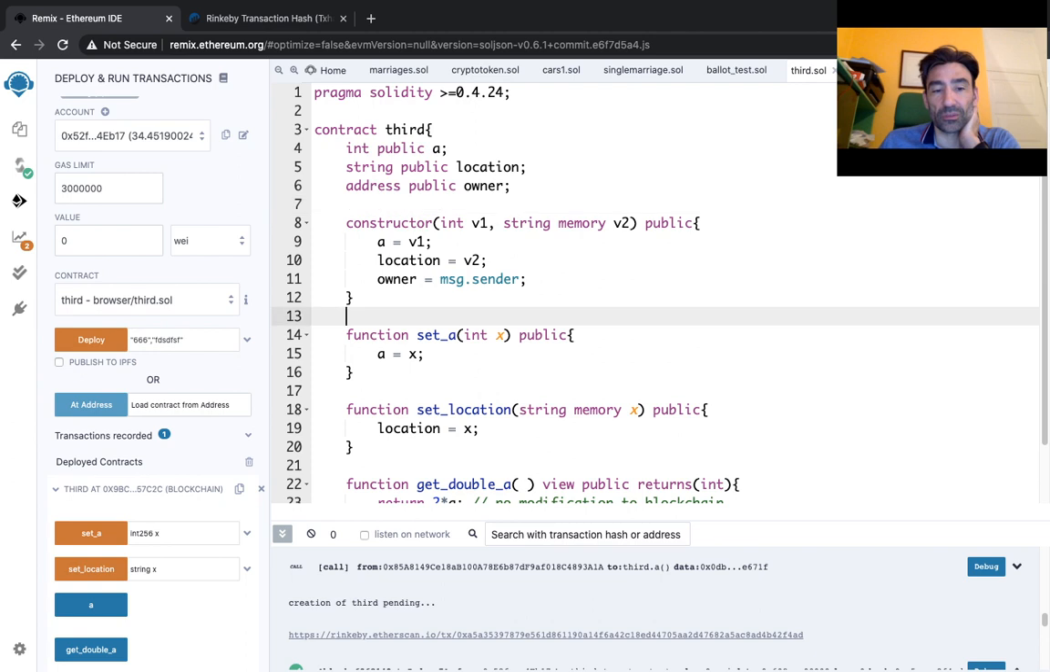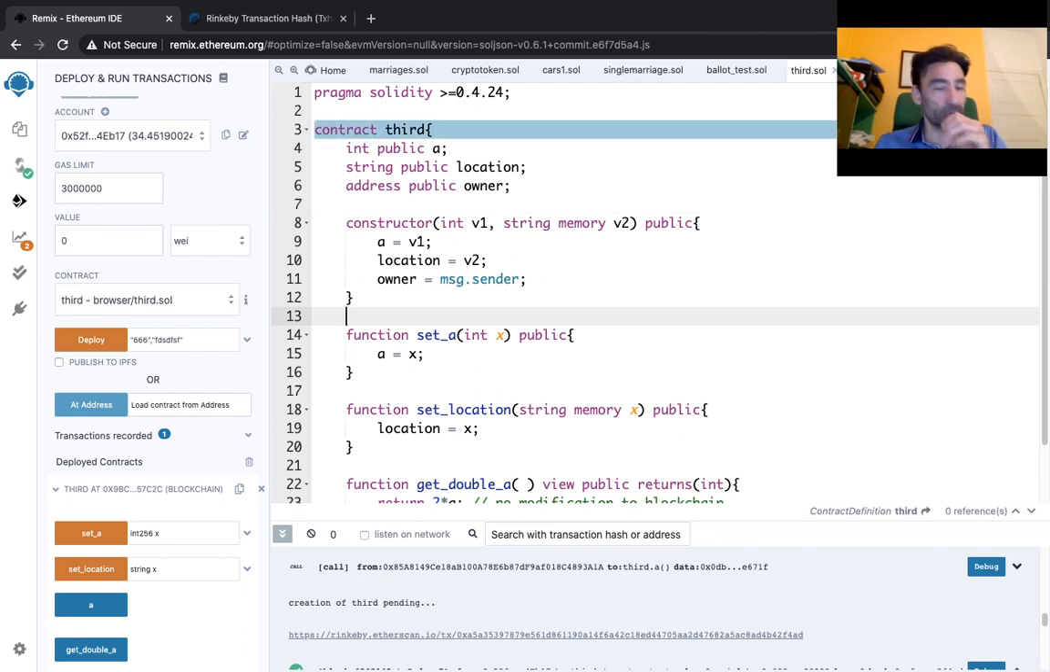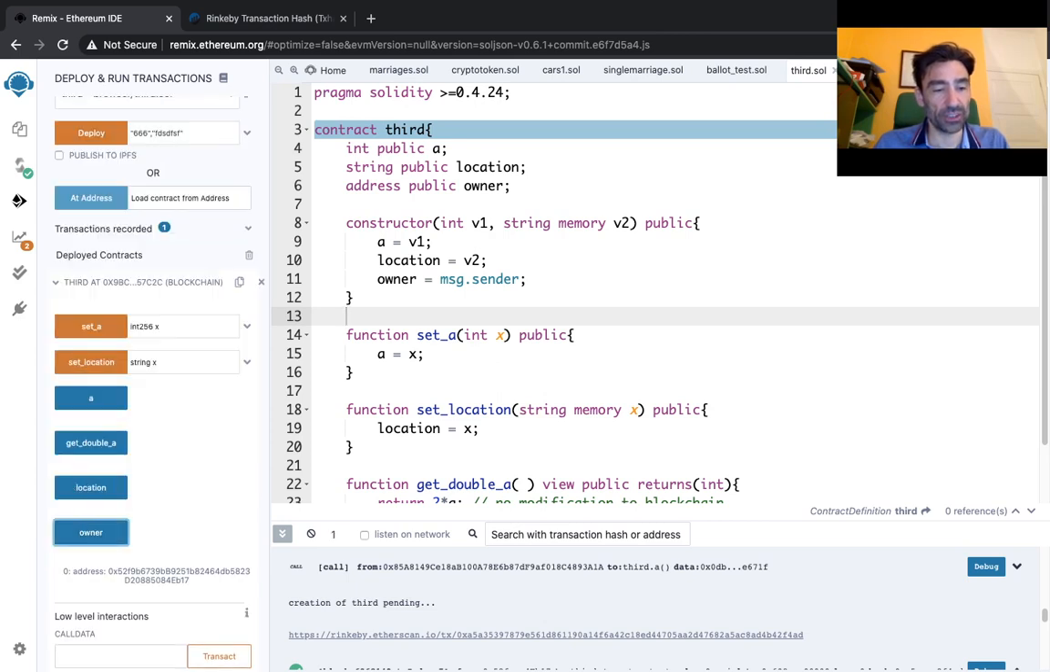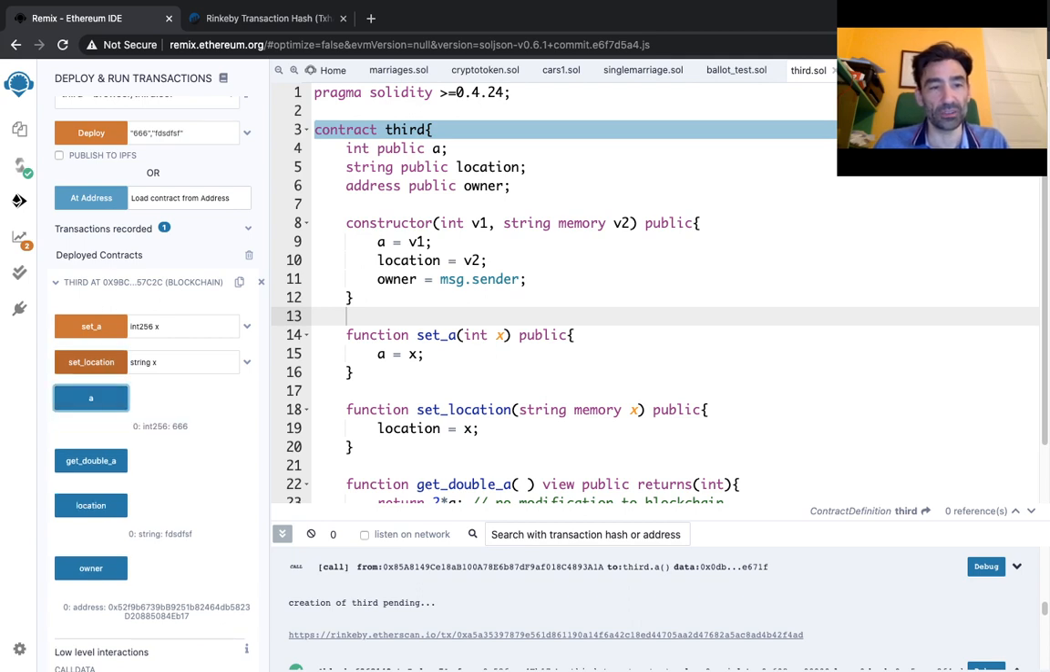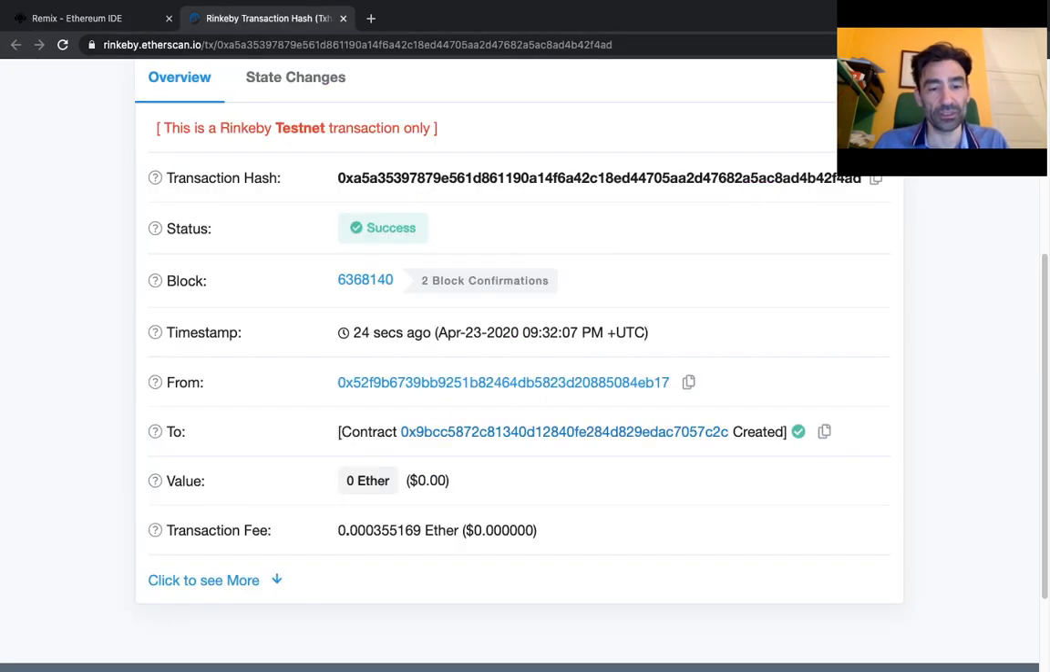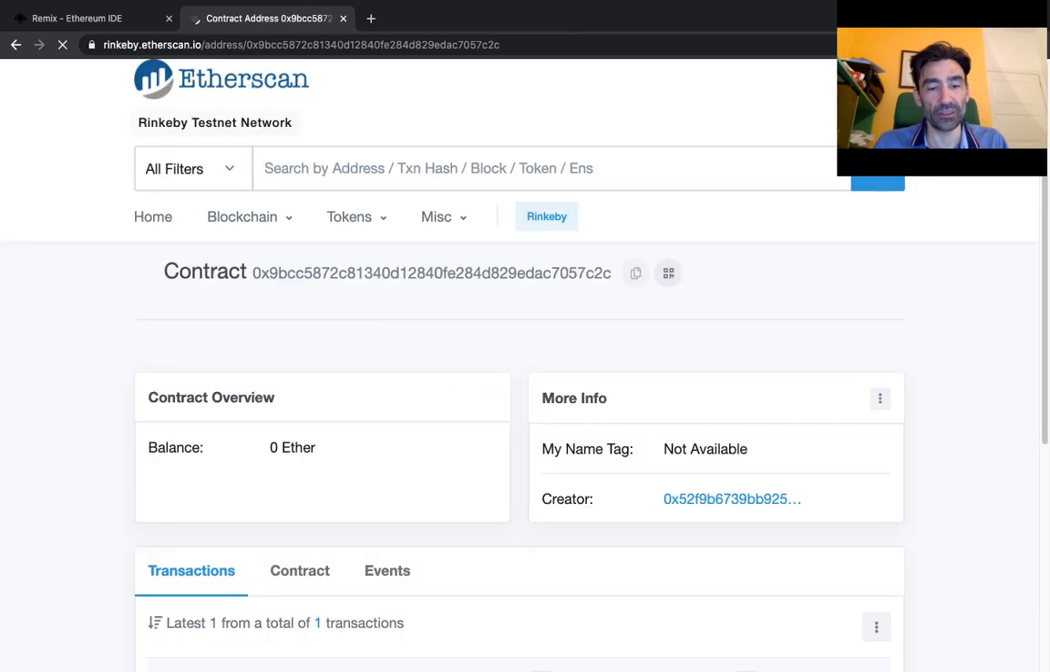You should check that it works. Probably I've already tested on the JavaScript Virtual Machine, but who knows, maybe on a real public blockchain something changes, or maybe I ask you to test using another account or whatever. So you test, for example, check owner, check location, check A, but these are not things which are done on the blockchain. So if you look at the contract,